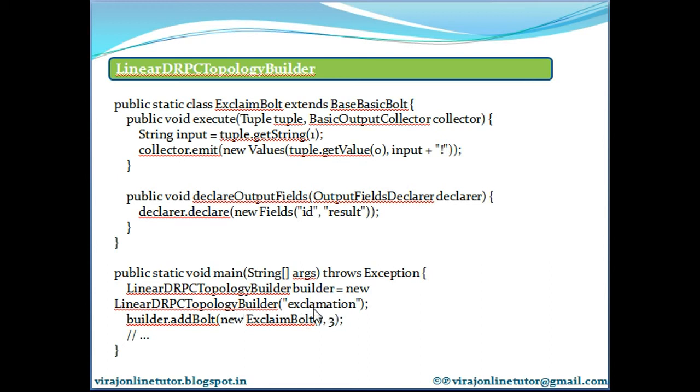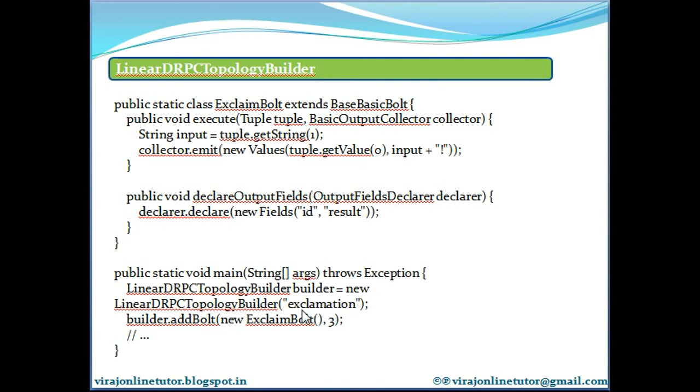I'm giving the name of the DRPC function as exclamation. You just need to pass that name to the topology builder class here. A single distributed RPC server can coordinate with many different functions, and the function name distinguishes one function from